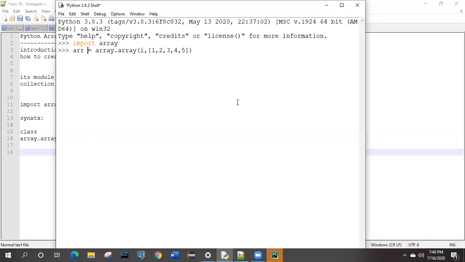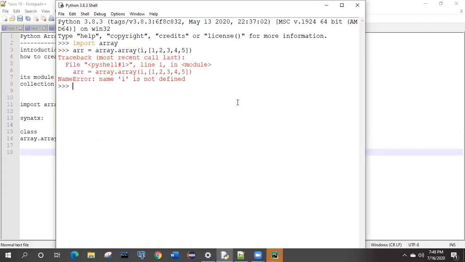Now we will check whether it is successfully created or not. What is it saying? The I is not defined. What could be the possible solution? We are simply using this I, but we are not defining it, so from where will it know what this I actually is? We have to define I. Let me try it this way, because here we are declaring the constant. Hopefully now the array is created and there is no error, right?